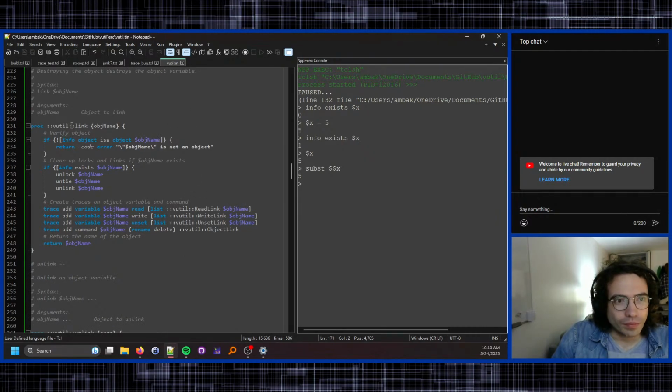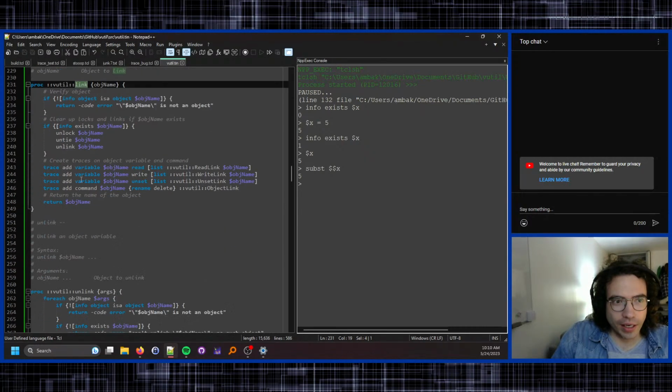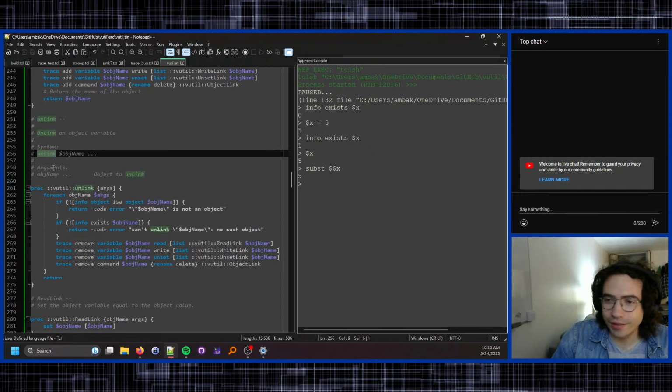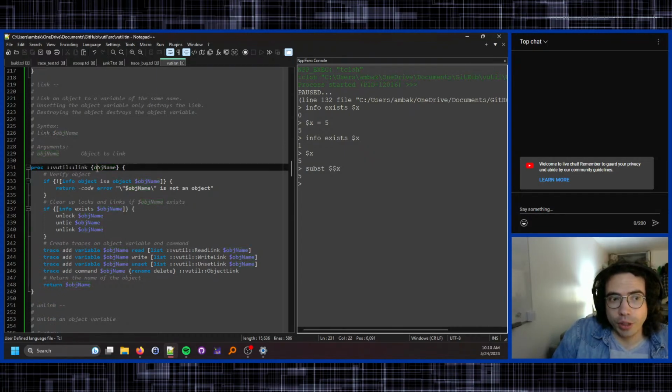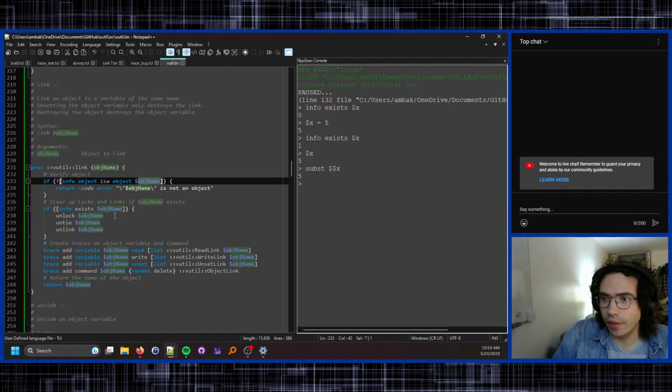So the other one I added is link and unlink, and these are a little bit different than the lock and unlock and tie and untie, because it's dealing directly with objects. So you link an object, check to see if it's an object, and then